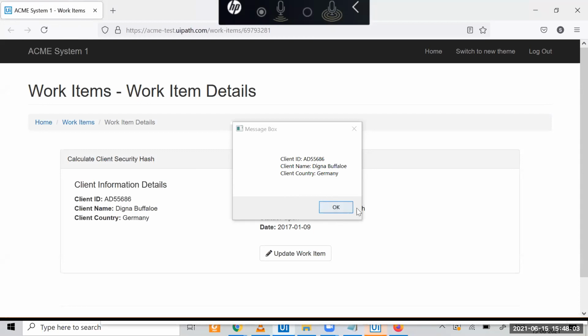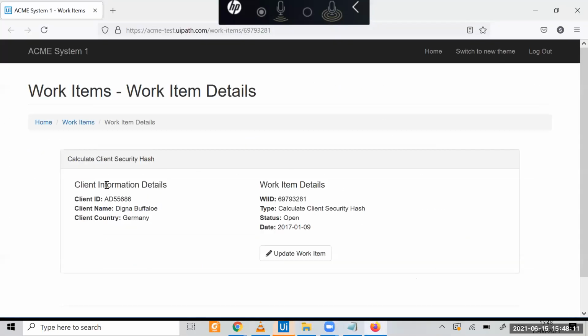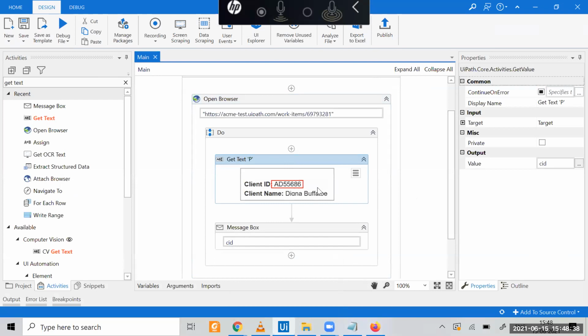Sir, Get Text is the option for this, right? Get Text is used to get text from an element. Suppose I want to retrieve or copy this text, the functionality is Get Text. But as this is a secure financial website, a simulation of a financial website, they make it impossible for a robot to copy. So how to do that? Manually, sir, one by one. But manually, if there are 150 entries, how many times will you have to do it?